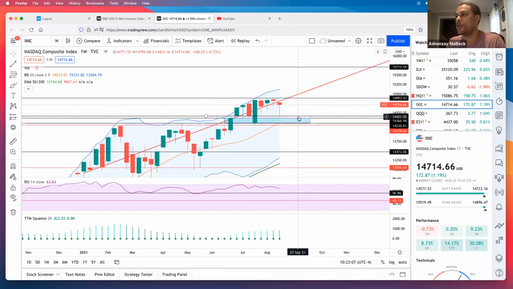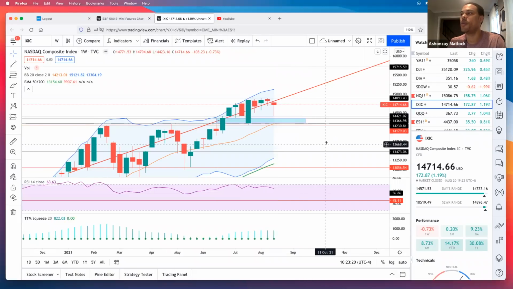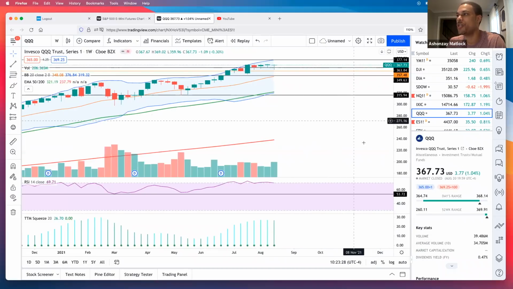Again, definitely trade with caution because we are in such a tight trading zone. So what we're really looking for is that direction, and we can get that by either getting a close above this level or a close below this level. So that's what you want to pay attention to on the Nasdaq, as far as just getting a feel for where the Nasdaq is going. And with that being said, let's go ahead and get into the triple Qs, right? So for the triple Qs,